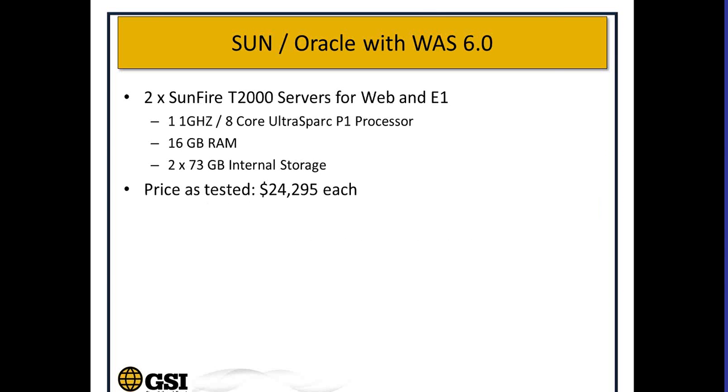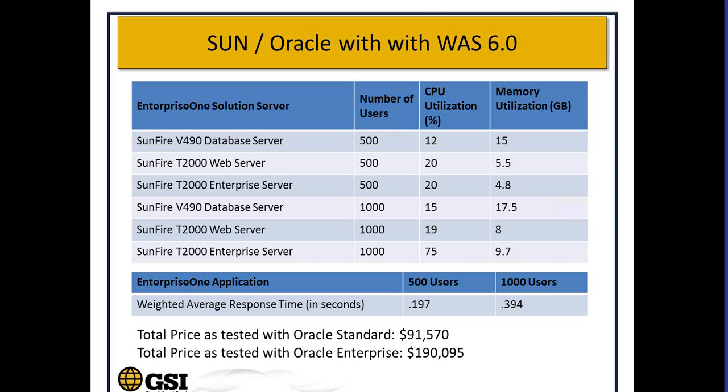And again, here's the system for the web and EnterpriseOne services, and it's kind of similar in terms of processor and memory. A little bit more cost because it's running Sunfires. So if you look at the overall user load and CPU and memory response, it's actually not too much different than what we saw with the Windows SQL system. So even at 1,000 user load, you've got 75% utilization and 9.7 gigs of memory loaded up on the enterprise server, which is almost exactly the same number as you saw with Windows SQL, which is pretty interesting,